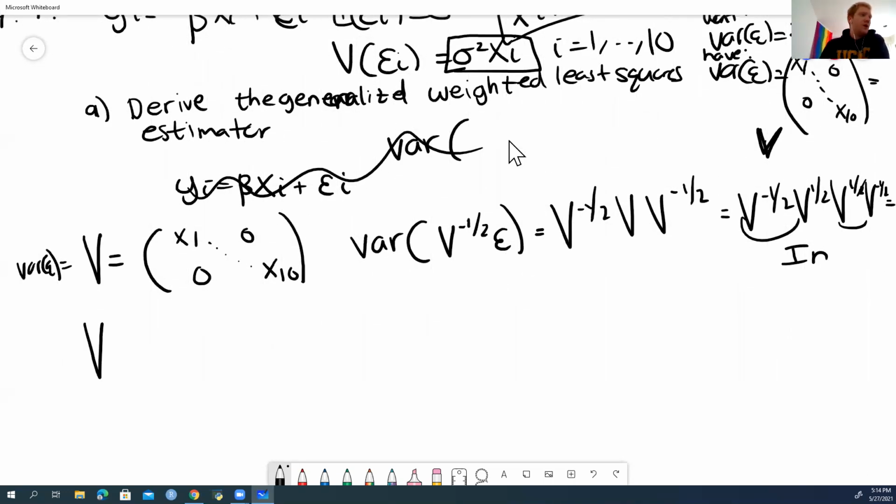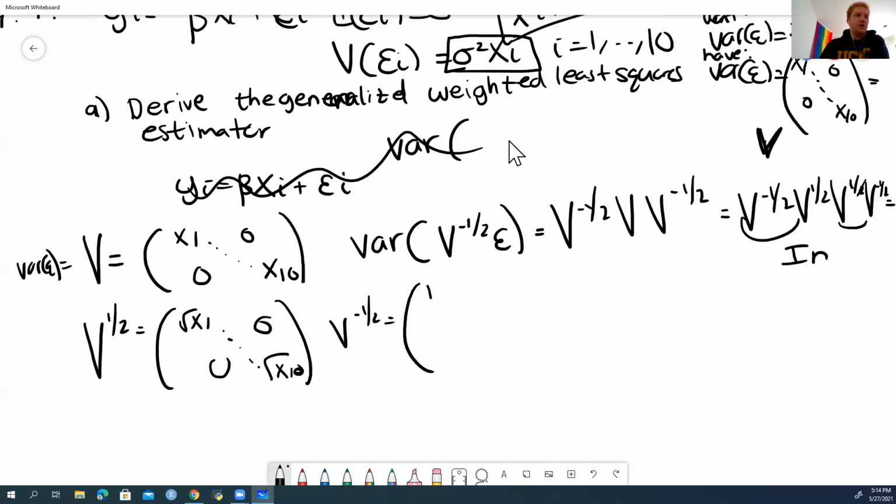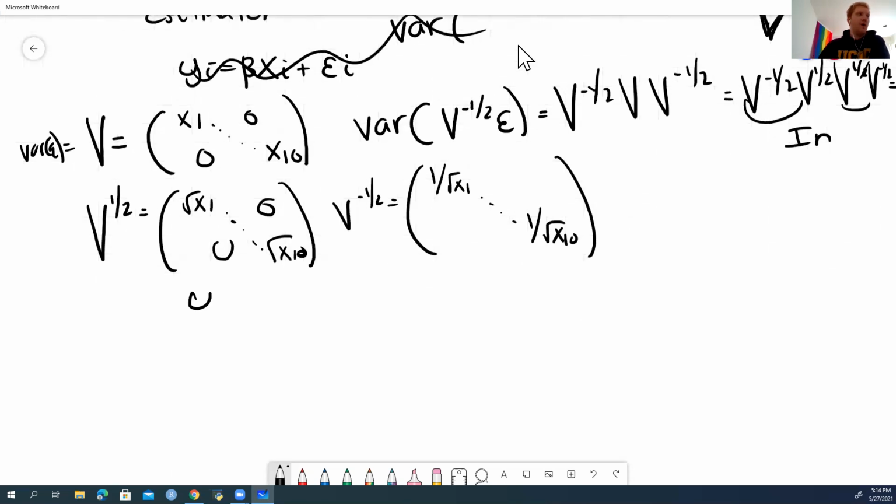If we let V to the 1/2 be equal to the square root of x1 through the square root of x10 down the diagonal, and 0 elsewhere, then V to the negative 1/2 would be 1 over the square root of x1 through 1 over the square root of x10. So that would mean that if we multiply everything by V to the negative 1/2, we get the proper thing we want. Because instead of writing the expression yi is equal to beta xi plus epsilon i,